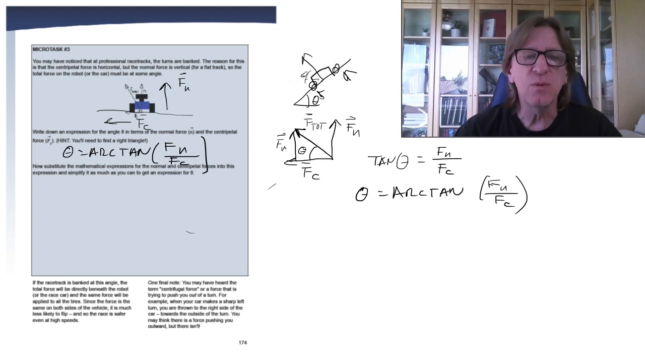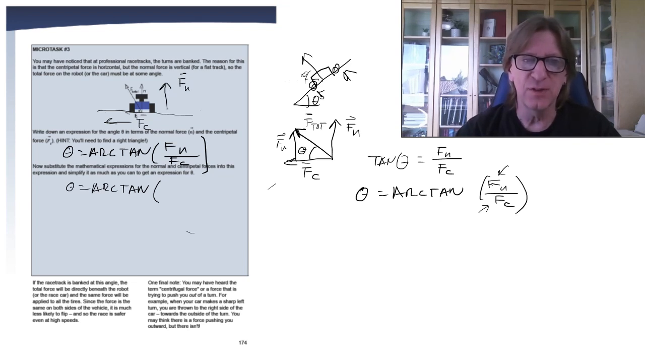Okay, so now we want to go ahead and substitute in what we know for the normal force and for the centripetal force, and let's get an expression for theta that depends upon our actual physical variables. So pause the video, and let's work that out. You got it? All right, so let's plug in what we know here. We know that this is going to be the arctangent, and let's plug in our expression for the normal force, which in this case